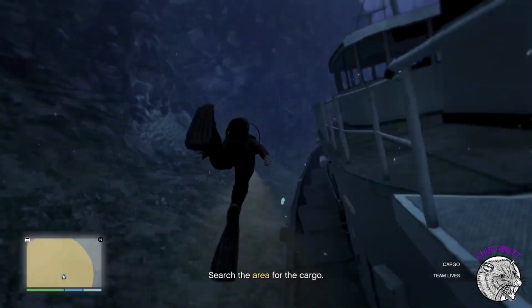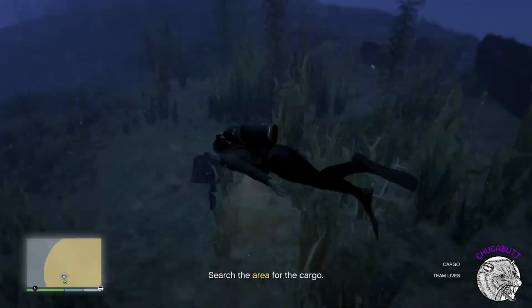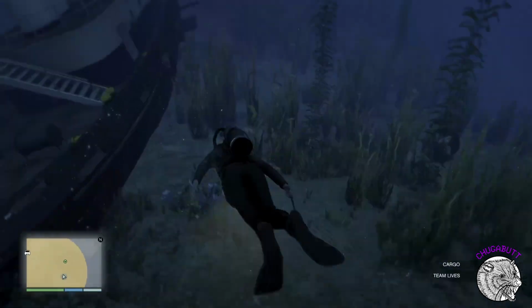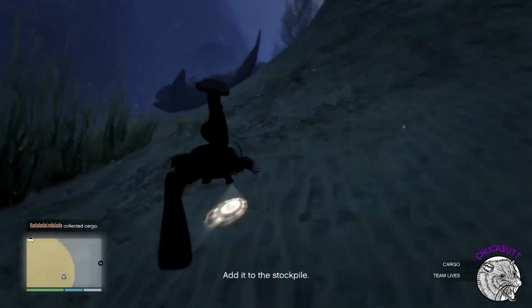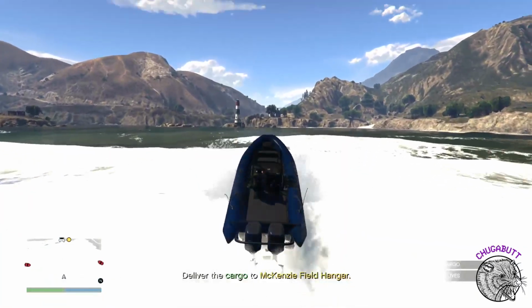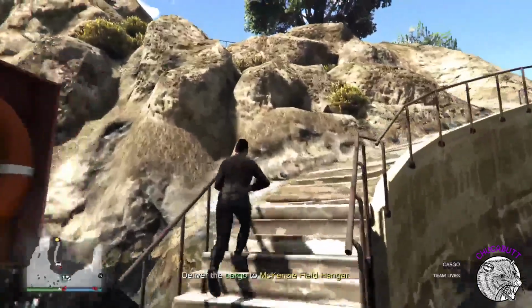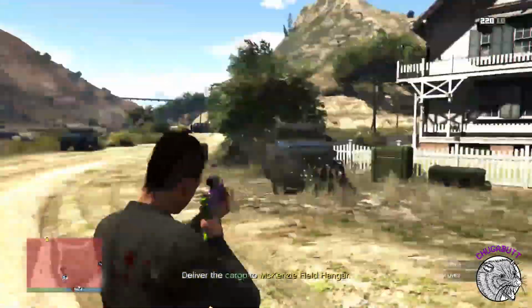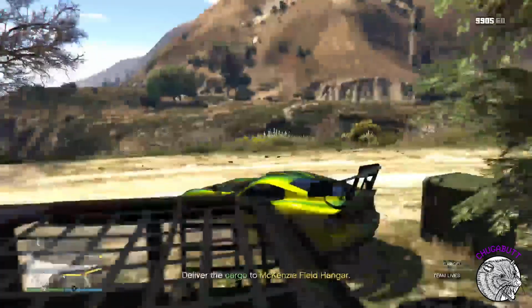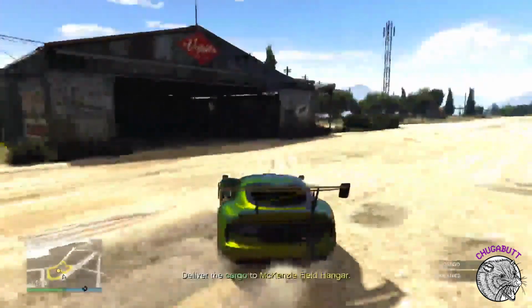There are 4 packages. Each one has some sort of marker next to it, a crate, the ship, or some other remnants of the wreck. After you collect all 4, swim up to the boat, hop in, and head back to the stairs. Clear a path back to your car, and then just drive back to the airfield and drop this off inside